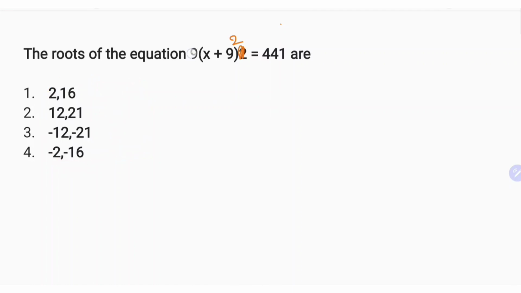x plus 9 whole square equal to 49. X plus 9 equal to plus or minus 7, not just 7. Take x equal to 7 minus 9, which is minus 2, one option, and minus 7 minus 9, which is minus 16. It is one type. And another concept is,